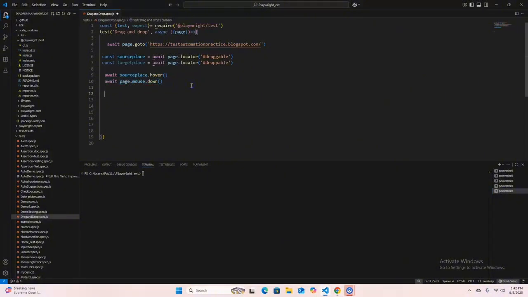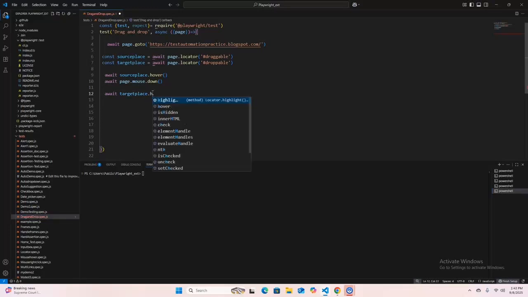After that, what we need to do, we will use this target place, means this variable. So let me write await target place variable dot hover method,